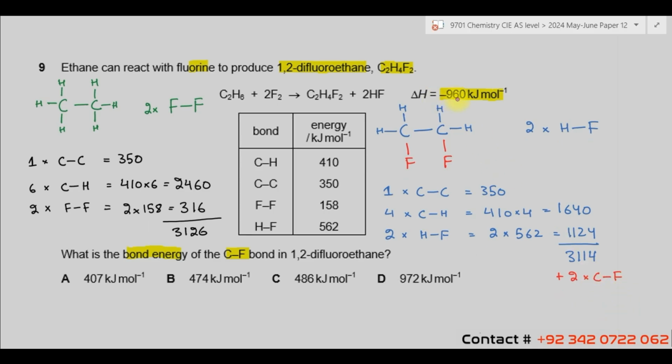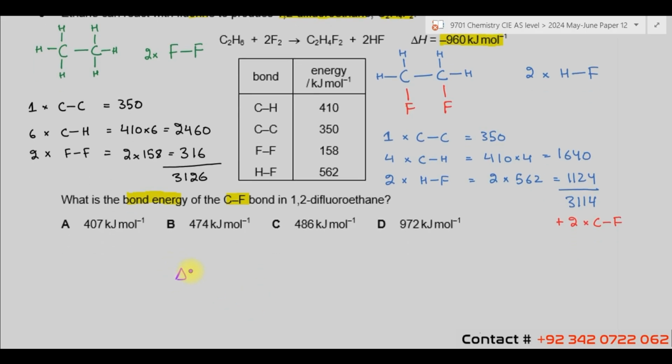Enthalpy change is given, it is minus 960. We can use the formula: enthalpy change of any reaction is equal to bonds broken minus bonds formed. Reactant bonds are always broken and product bonds are always formed. So we have reactant energy, which is 3126, minus bonds formed, which is product energy 3114,